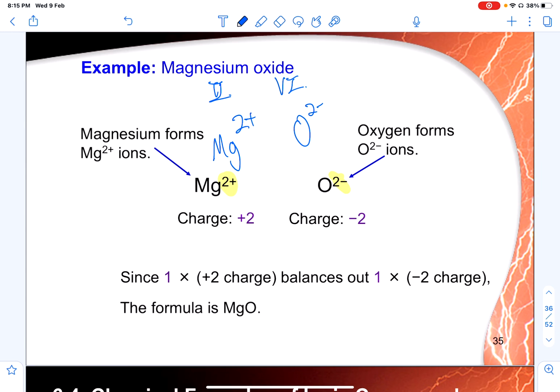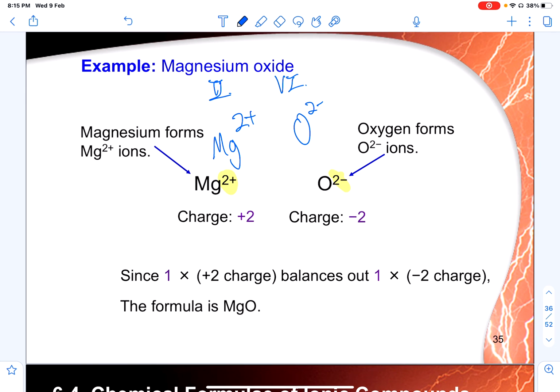Okay, so in this case, we would have to do the balancing to determine how many electrons magnesium has to give away, and how many atoms of oxygen are required to receive them. And we can see since the number is the same, they just cancel each other, and therefore it's MgO. Okay. If, let's say, I don't use oxygen, I use magnesium